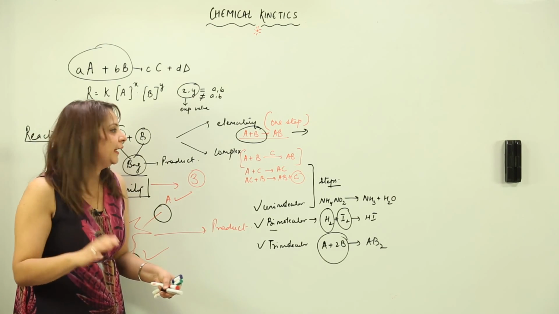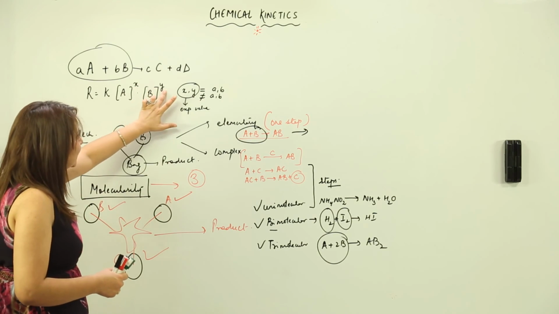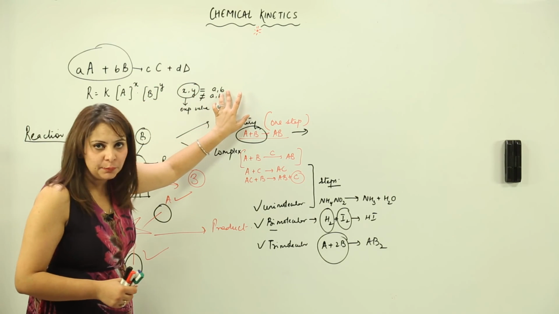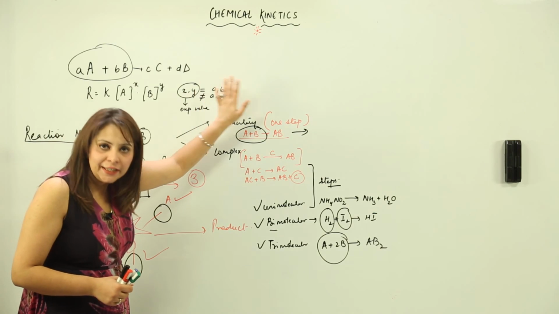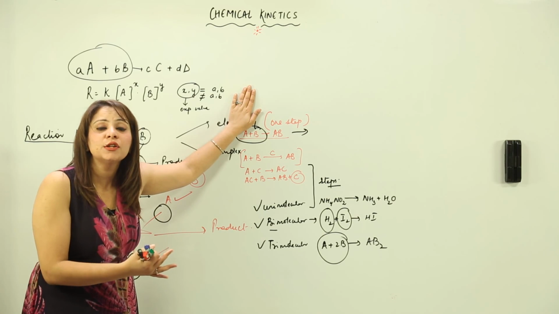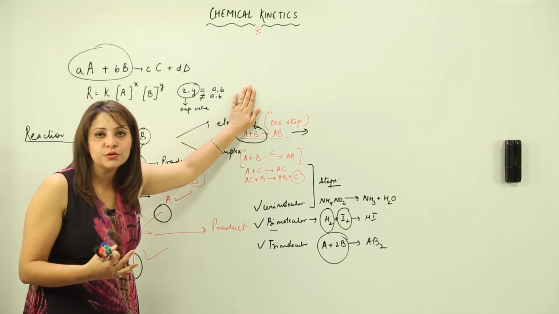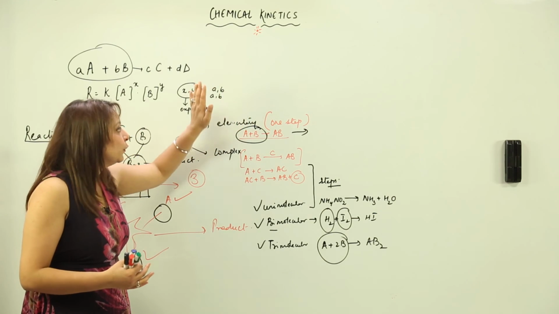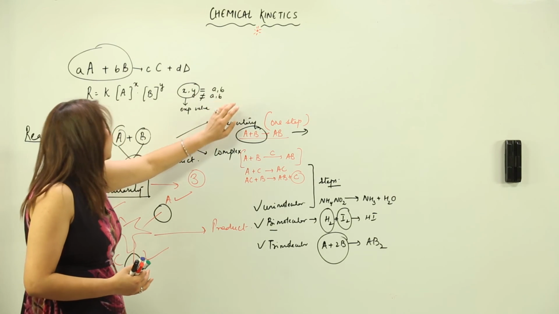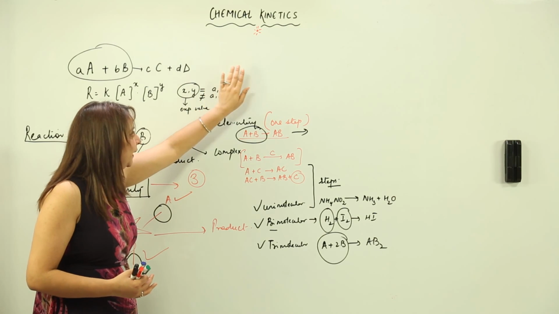Just look at the board again. We are concerned with the topic of why X and Y is not equal to A and B sometimes, and sometimes it is equal to A and B, right? Then how will we get to know in which case we will be using the stoichiometric coefficient, or in which case we are going to use the experimental values? So our concern is this. But before I explain this,